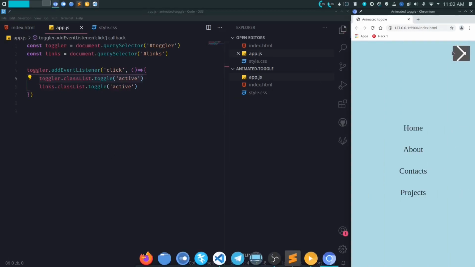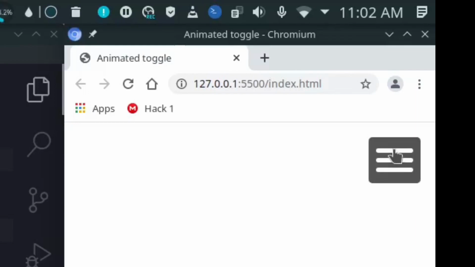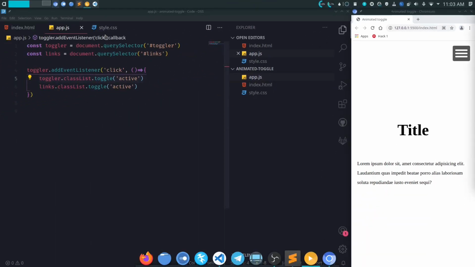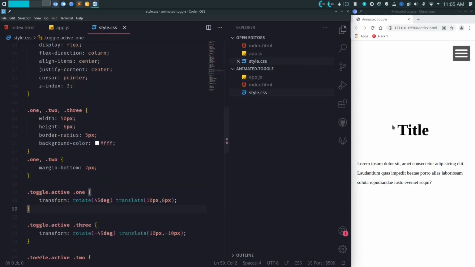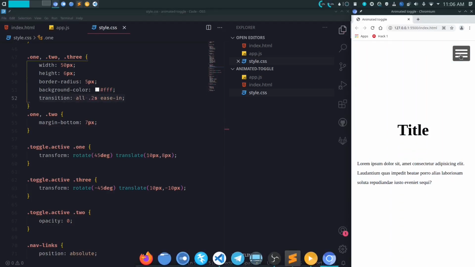Unfortunately, this doesn't result in the shape that we want, because the center of rotation of this line is its center right here, and for the last line, the center is right about here. We need to translate these lines and somehow create a cross shape here. These values are the result of several hit and trials that I did to arrange these lines in the correct shape. You will eventually find these correct values after several hit and trials. Finally, let's add the transition property to make our animation smooth. Alright, now this looks pretty good.